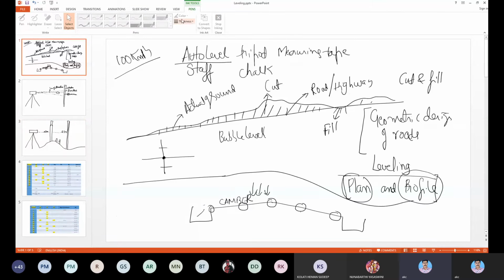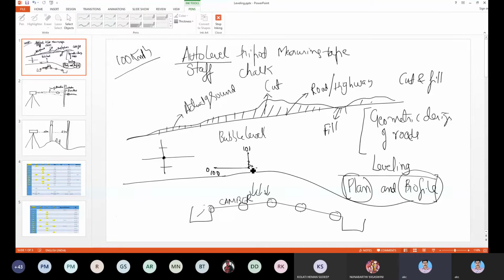Now the measuring tape is used because you need to take the distance between every staff point, wherever you keep a staff. Those points you should take the distance, because when you develop a plan and profile or profile of a road, you will determine the elevation from some reference point at some distances. Let's say you start from here, so this is 0. You'll go by 30 meters. Let's say this is 100 meter, and assume datum. When you go 30 meters, let's say ground is at 101 meters.